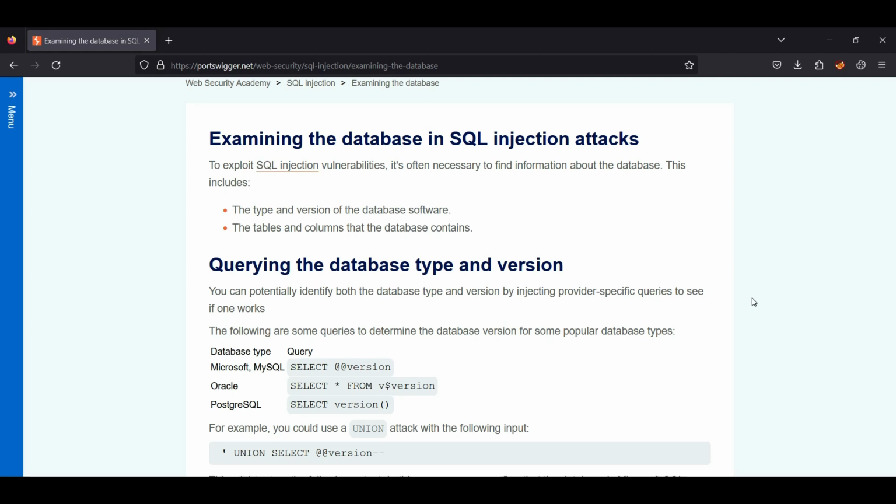So guys, another new video on SQL injection has arrived, and in this video we will learn how we can find out the information of the database for SQL injection attacks. So let's begin with that. I'm going to show you some blog here, and don't worry about this blog. You can just go to the PortSwigger website, explore the SQL injection attack, and you will find this blog there. Okay, so first of all we have to examine the database in a SQL injection attack,